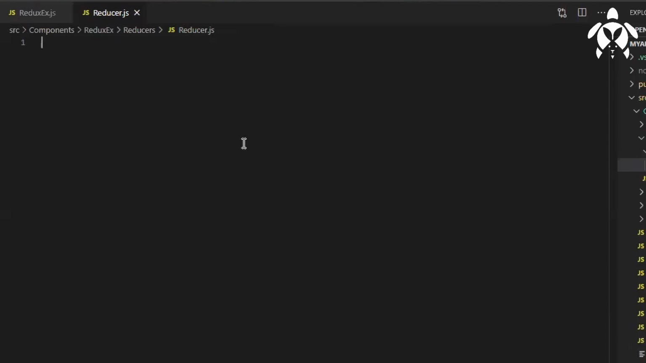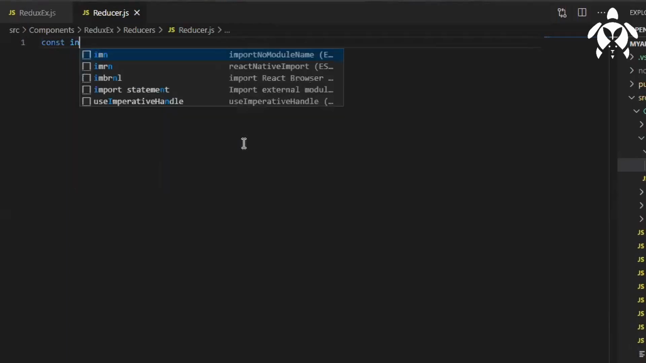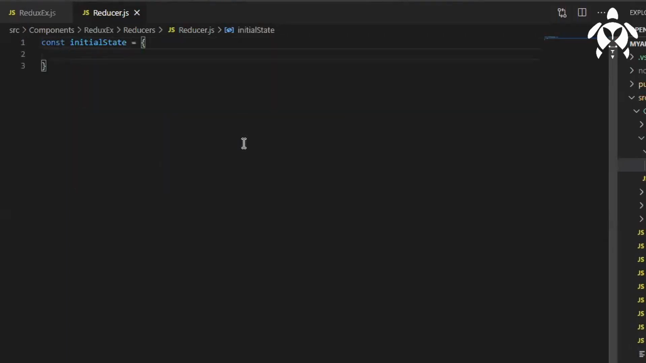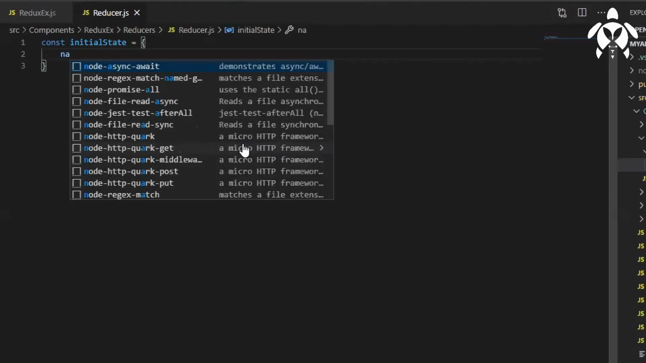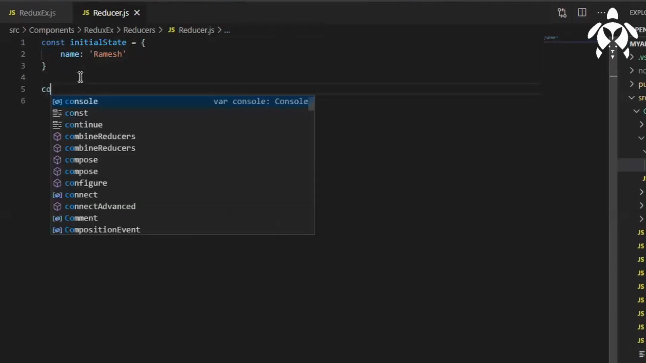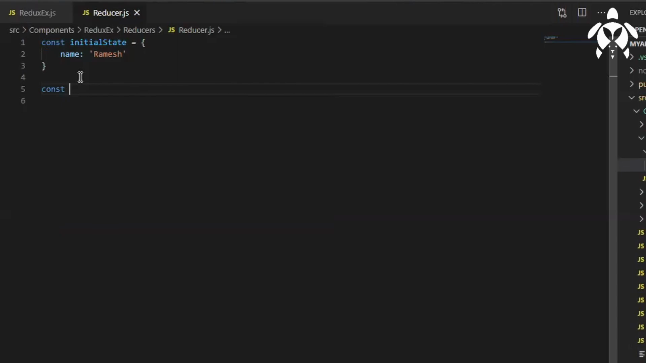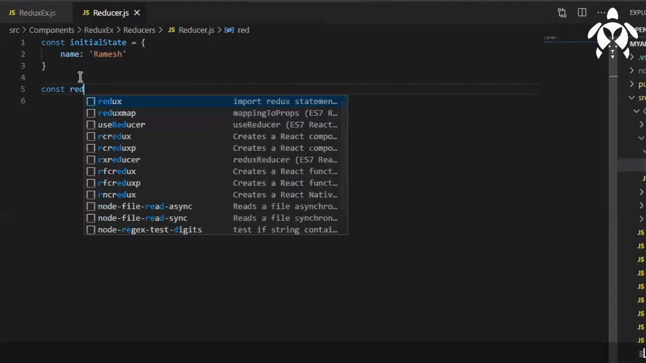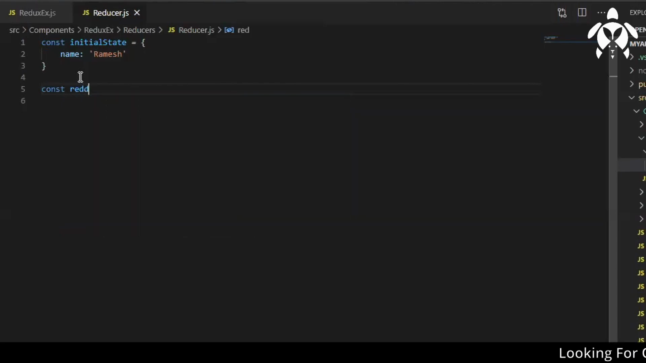So here only I'll start first. Let me have the initial state. There will be a confusion whether to start with action or reducer or store, right? So I'll start with this reducer. I'll have an initial state here. For now I'll just keep one data, so you should not get confused. And I will have a reducer, so let's make a variable